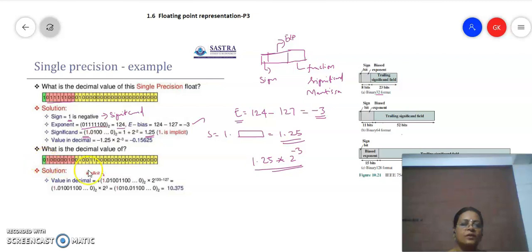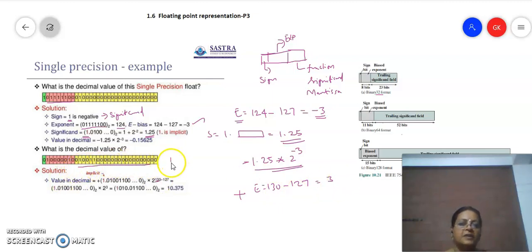So here it is 0, that means the value is positive, and of course for here the value is going to be negative because 1 is there, so the final value will be negative. And here if you have 0, this is positive, and then you take the exponent. You find the binary to decimal equivalent of this exponent. I think here they have identified it as 130. 130 is the exponent part, E is equal to 130. So 130 minus 127 gives you 3. So the exponent is going to be 3, and then you take the significand part.